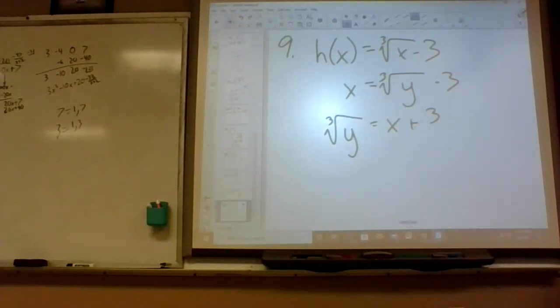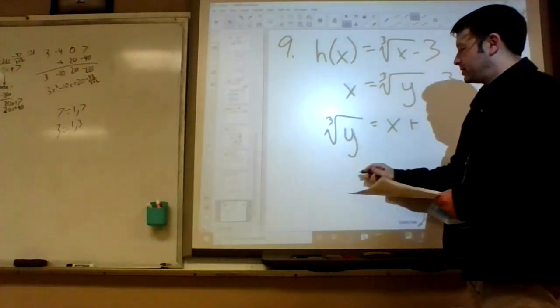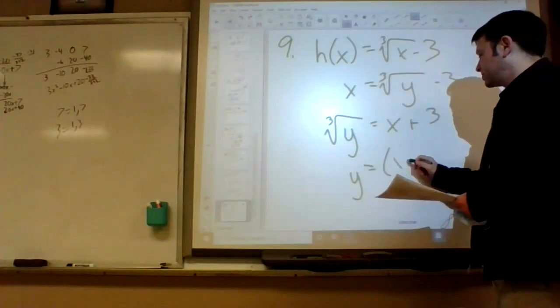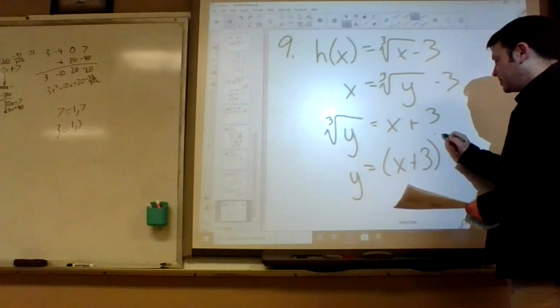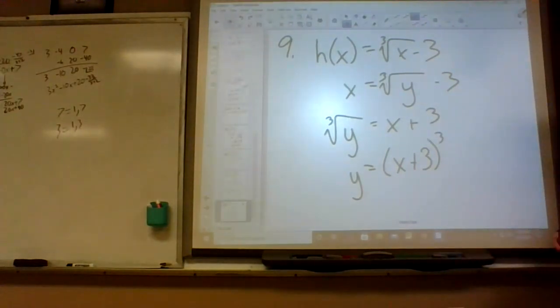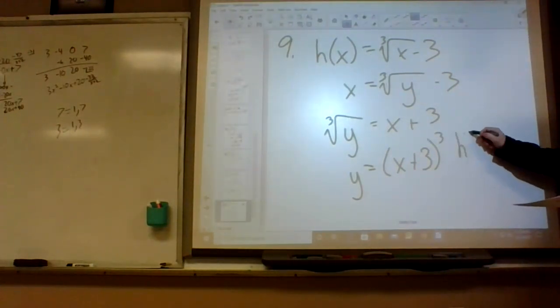Then what? Cube both sides to get rid of the cube root, so y equals x plus 3 cubed. Now, if we wanted to, in other words, the inverse function